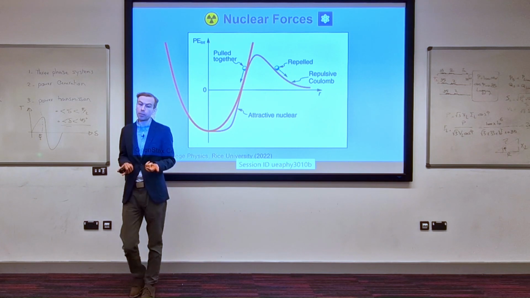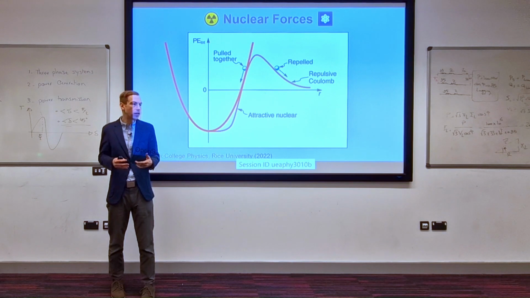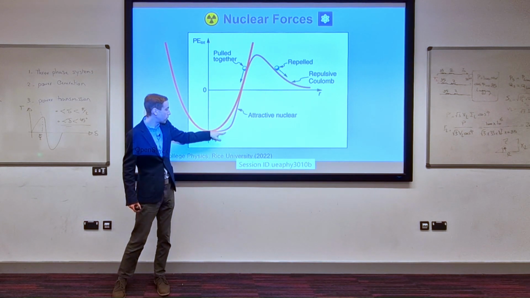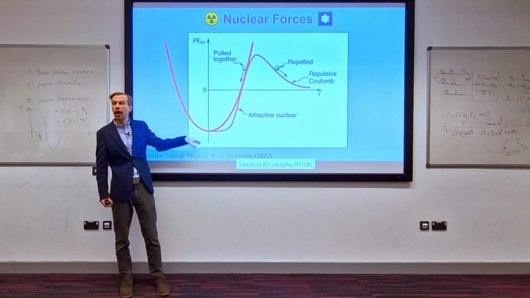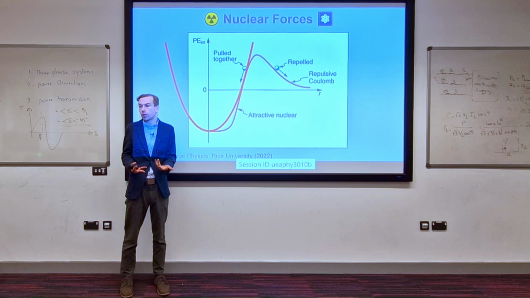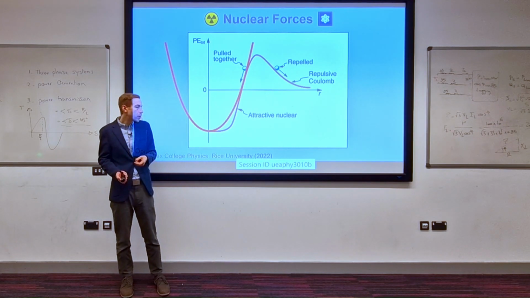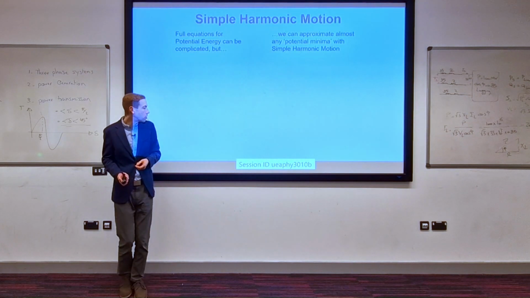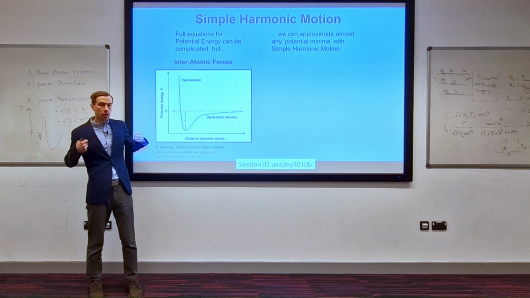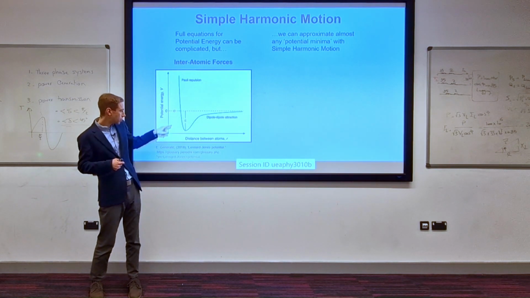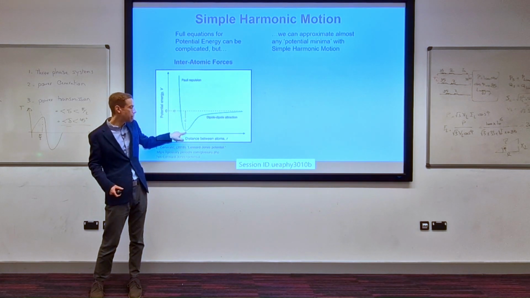So that's just one example from nuclear physics, but this principle comes up again and again, that any time we're at what we call a minimum of the potential energy, we can approximate it with a parabola, and then we can model the whole thing with those simple harmonic motion equations that you guys have just worked through. So I'll just share with you guys a couple of quick examples here. So maybe we're thinking about the forces between atoms. So in the atomic scale, again, we have this kind of business where there's some repulsion, but there's a potential